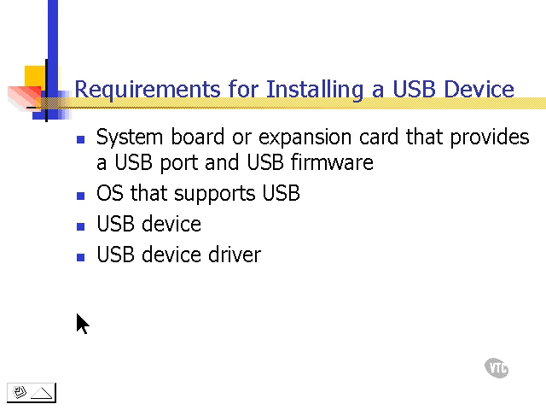The requirements for installing USB are a system board or expansion card that provides a USB port and USB firmware, an operating system that supports USB, the USB device itself, and the USB device driver that comes with the device. And to install USB,